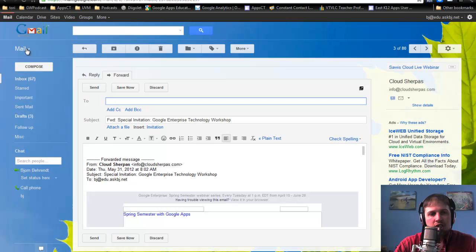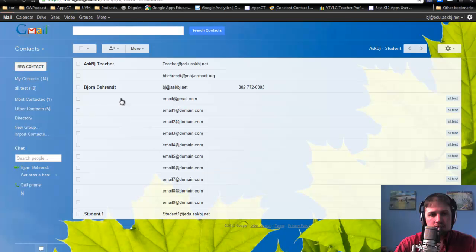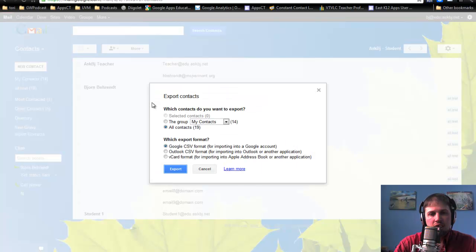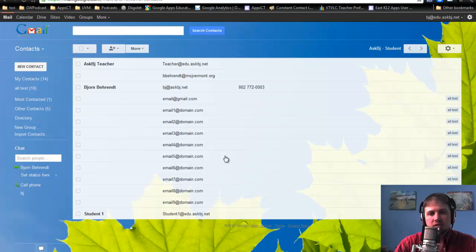If you want to do contacts, go into your mail, go to contacts, and if you want them saved, you go to more, you click export, and then you have this screen here, which shows you which contacts you want to export. You can either export a specific group, or you can choose all your contacts. I would recommend the Google CSV format. This is a format that you can easily import into another Google account. When you export that, it will save a file